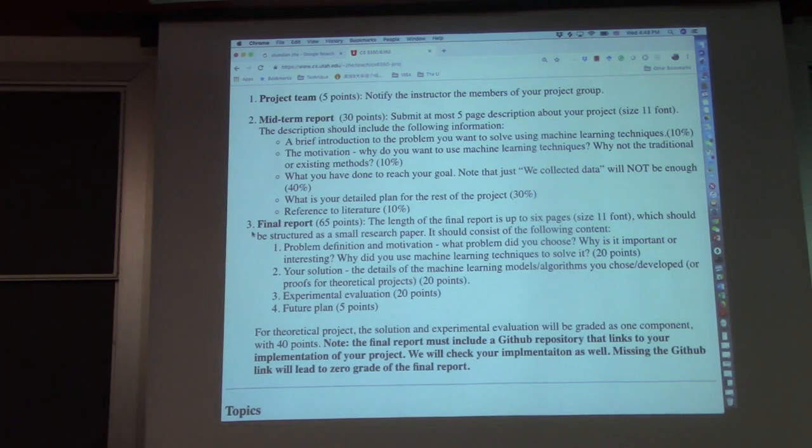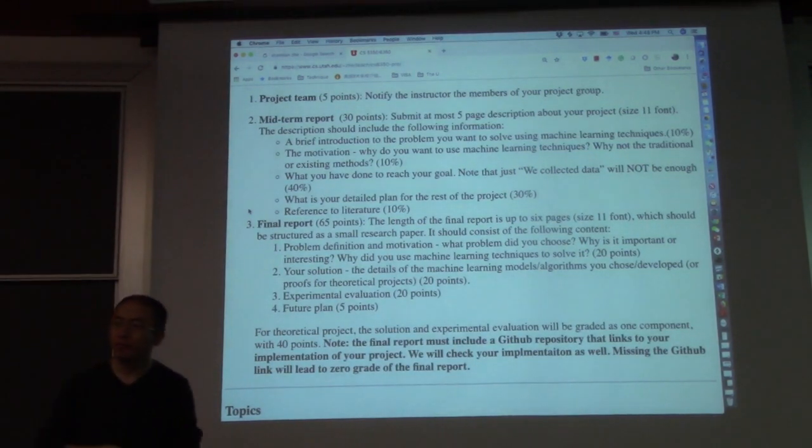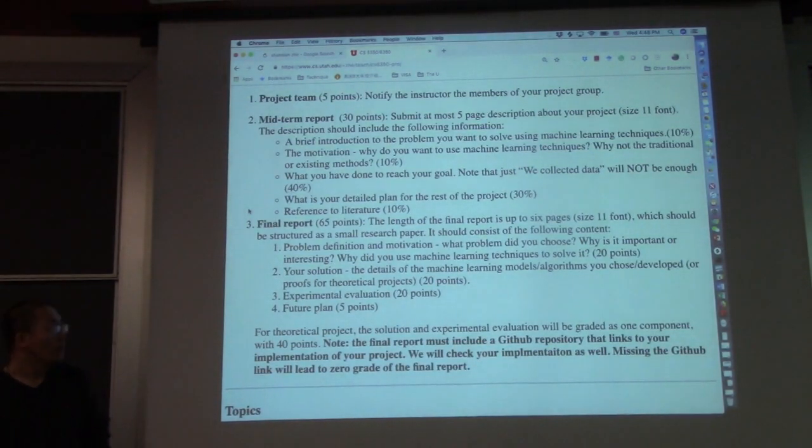And then what's your detailed plan for the rest of the project? So in the remaining half of the semester, what are you gonna do to finish the project? What kind of algorithm do you want to choose? And do you have any backup plans? What if it doesn't work? And finally,